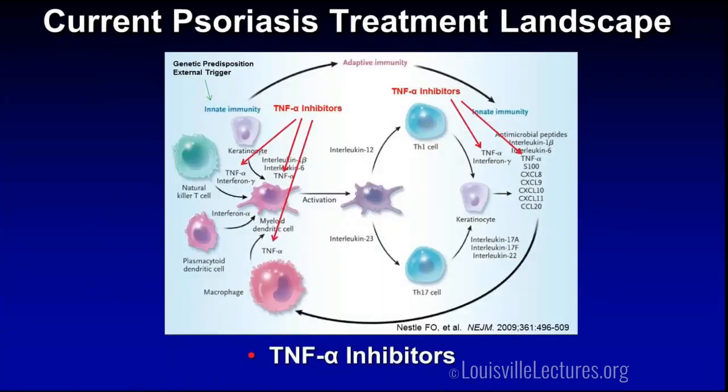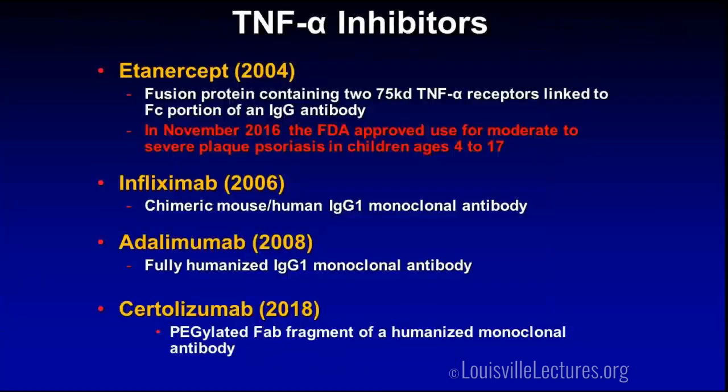So the TNF inhibitors, this is really the family of medications that we use on a regular basis that has been around the longest. There are 4 of them: etanercept, infliximab, adalimumab, and certolizumab. Certolizumab was just approved this year, but the other 3 medications have been available to us for more than 10 years now. And etanercept in 2016 was approved by the FDA to use in moderate to severe plaque psoriasis in children ages 4 to 17. So that has been a huge win for children who are unlucky enough to have moderate to